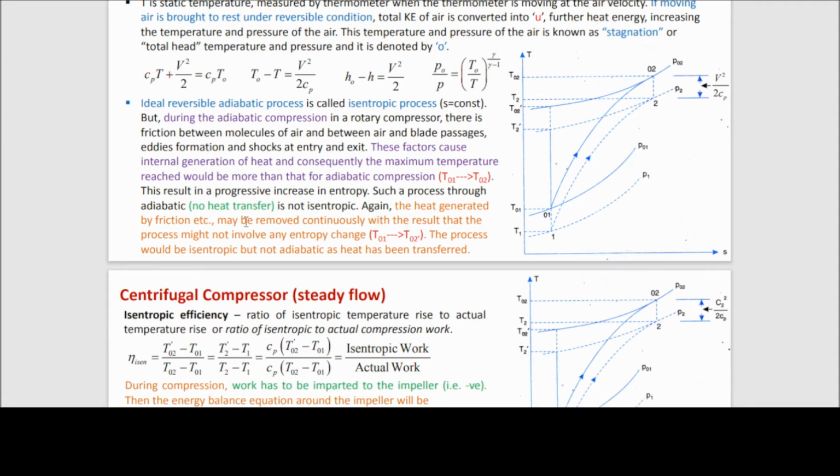Now don't read this part, you will get confused. Now whatever increase of temperature here in this part, you see this T2 dash and T02. This is bigger than this part, this T2 dash. This is just because of the irreversibility. This increases because this is not an internally reversible adiabatic process. That is an irreversible process. That is why the temperature is increased, or the P2 is increased.